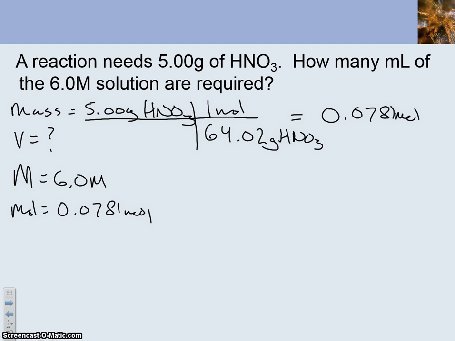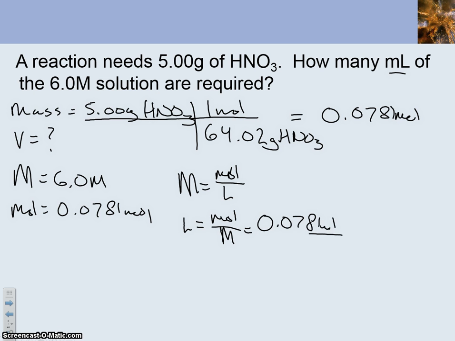And now I can use the equation: M is moles over liters. In this case, I'm looking for liters, ultimately milliliters. I'm going to find liters first. So if I cross multiply and then divide each side by M, I end up with liters is moles over molarity. I'm going to take my 0.781 moles and divide that by 6 molarity, or molar, and I end up with